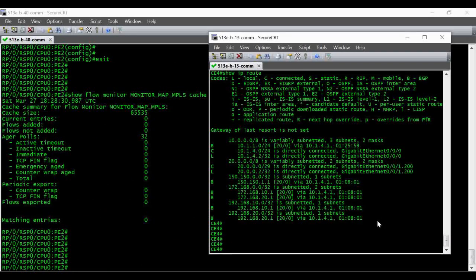This is my CE router, and you can see what are the routes that I'm learning via BGP, or my remote CE router IPs. So I'm going to initiate the ping to all those IPs so that we can have multiple flows.